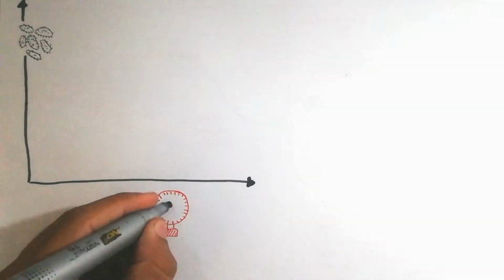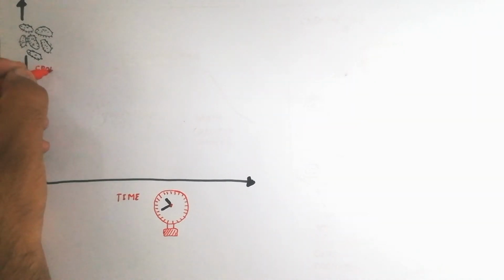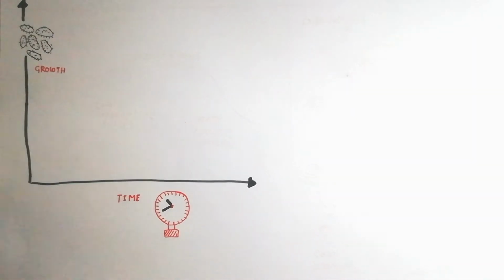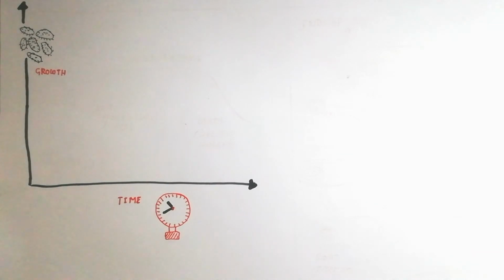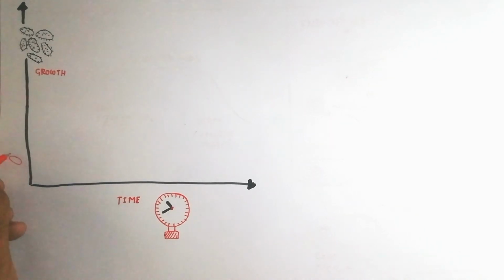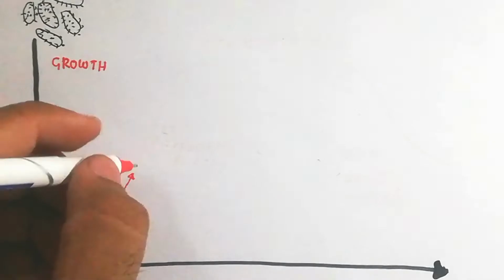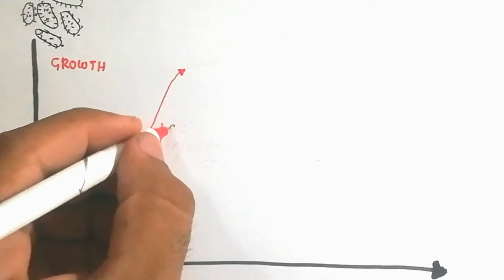So here the horizontal axis is time and the vertical axis is the number of bacteria increasing, that is, the growth of bacteria is increasing upward. That is the graph shown in the figure. For example, I will give you a concept about that: 20 minutes is required for the bacterial cell to divide from one parent cell into two daughter cells.